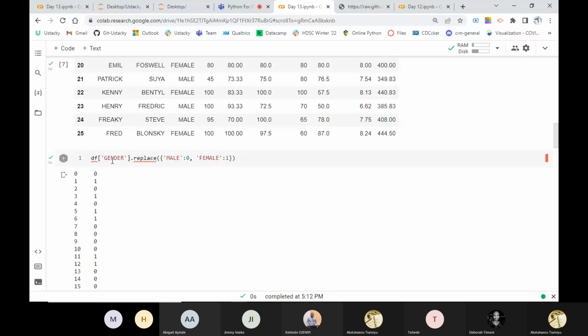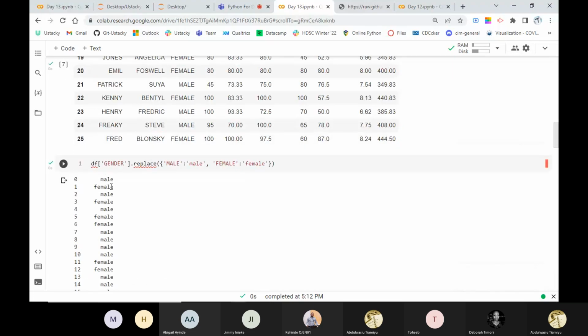Since we are not dealing with a machine learning algorithm, I will just change it to lowercase male, and I'll make sure I put it in quotation. Then female, I'm using lowercase for female as well. Then I need to use inplace. I talked about the function of inplace before. For example, if I run this code,